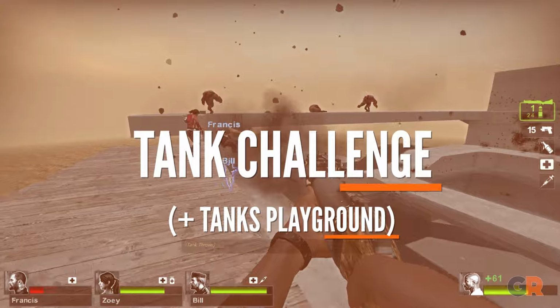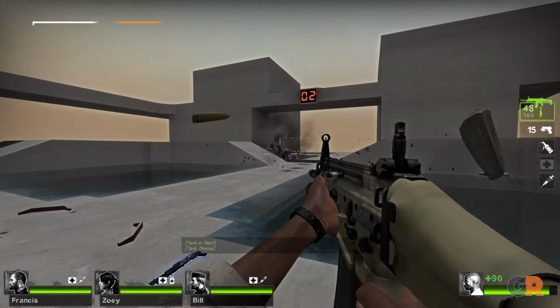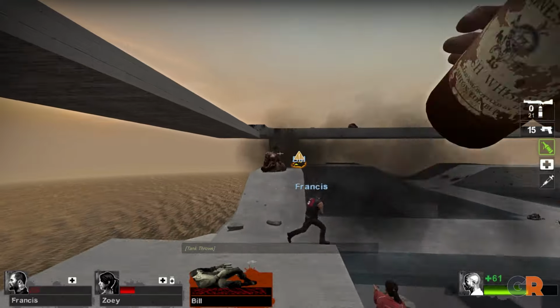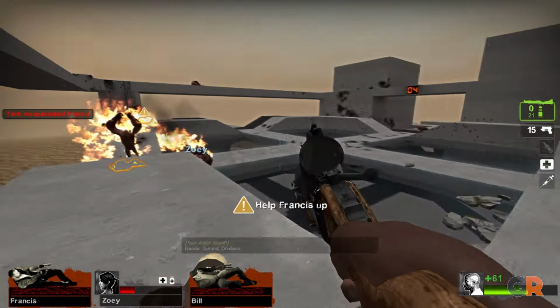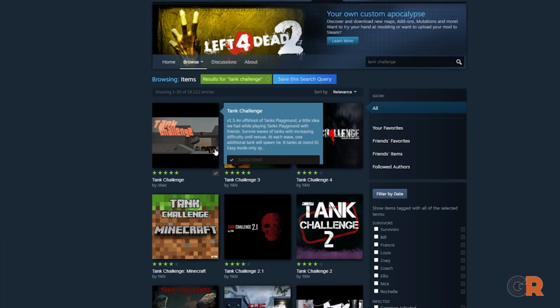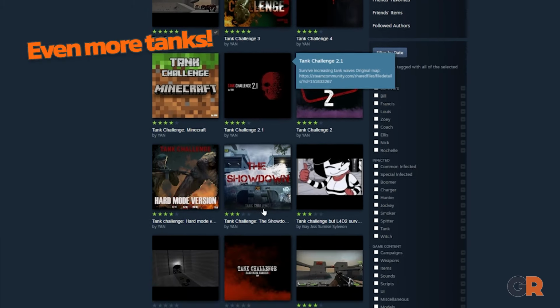Starting off with a twofer, here's Tank Challenge and Tank's Playground. These two simple custom maps have a premise that's just as hard as it sounds. Both challenge players to survive increasingly difficult and numerous waves of tanks. And, well, that's it. It's nothing but tanks. There's also a handful of sequel maps by the same creator, if this first one just wasn't enough of a